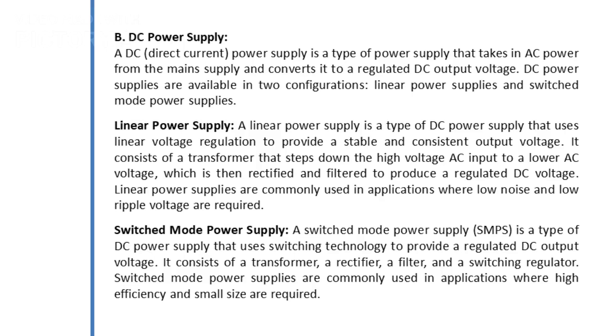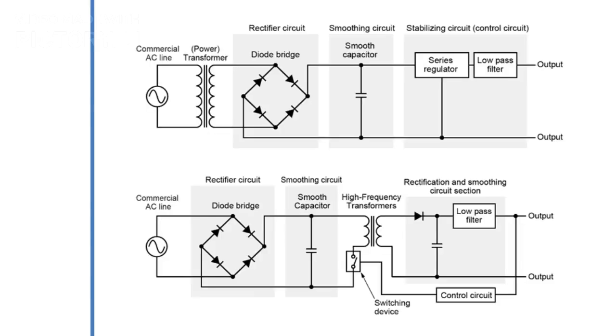DC power supplies convert AC power to a regulated DC output voltage. They are available in linear and switched mode configurations, each suited for different applications requiring low noise and low ripple voltage. This diagram illustrates the internal circuitry of linear and switched mode power supplies, showing the rectifier, smoothing circuit, and